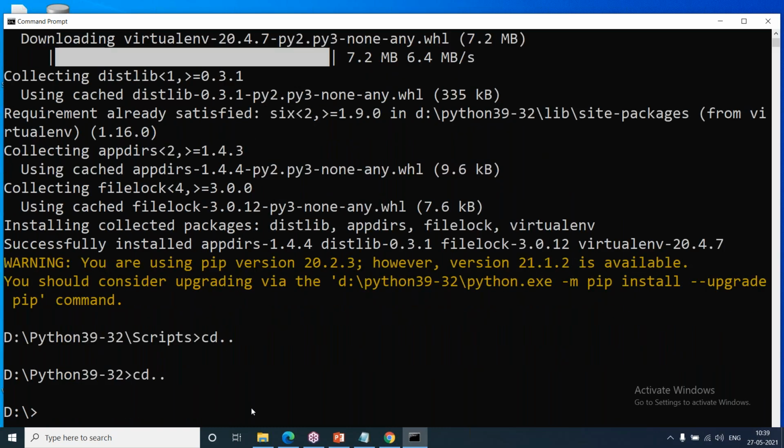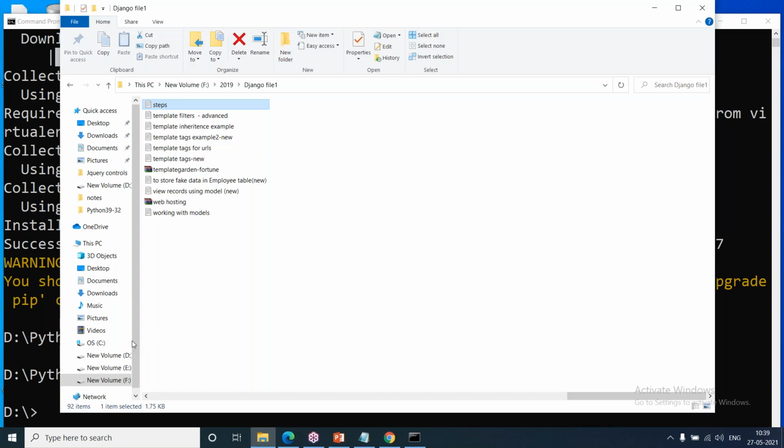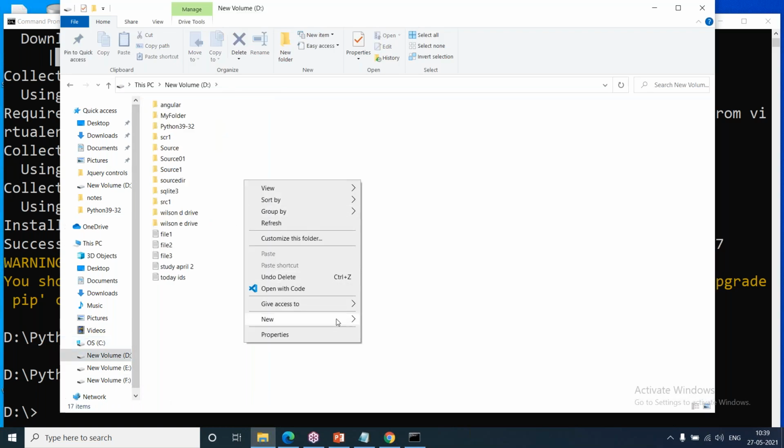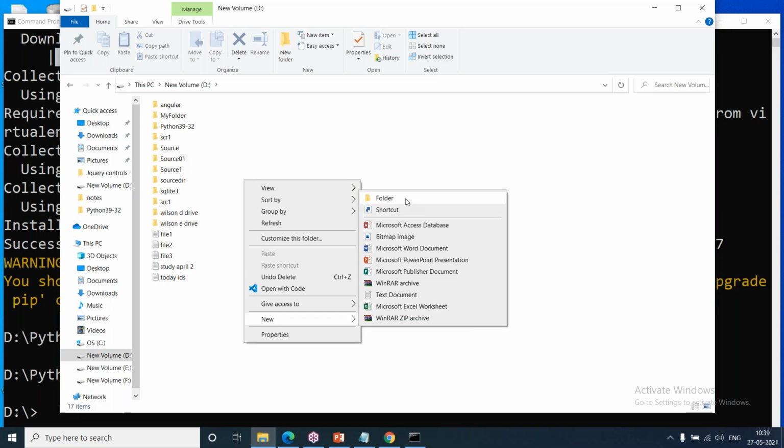So here I will create in D drive. In D drive, many folders are there.